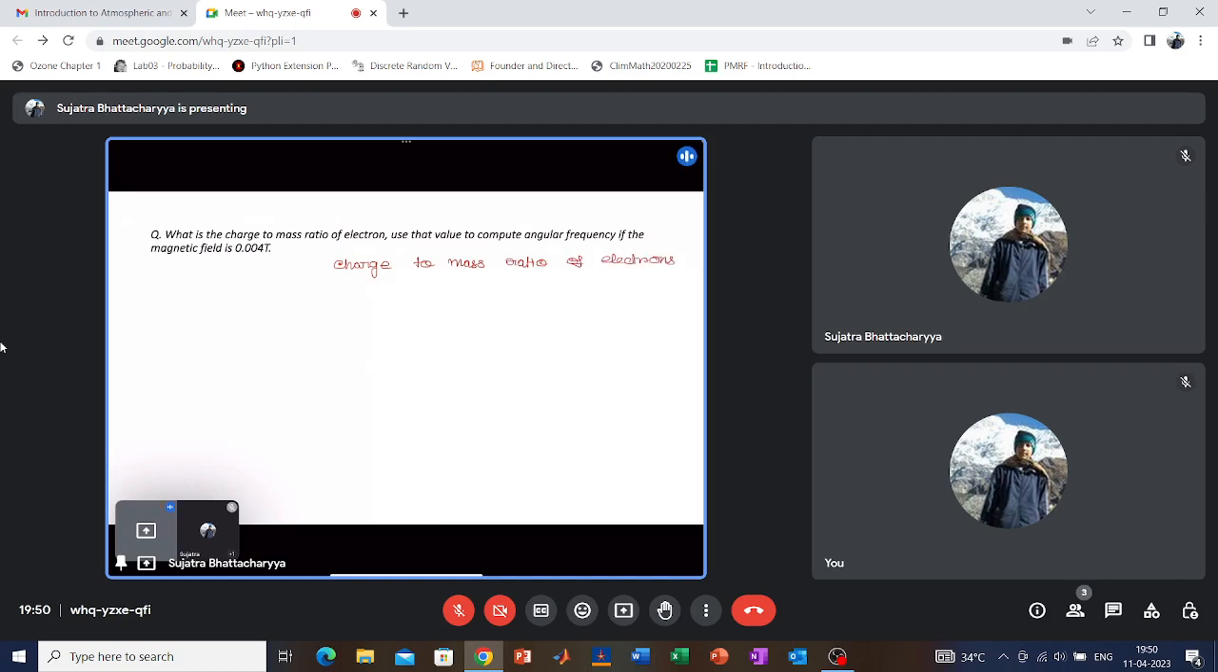Charge to mass ratio of the electron, so it is q_e by m_e. We know that q_e is 1.6 × 10^-19 coulombs, and m_e is 9.11 × 10^-31 kg. So let us write it properly. How much does it come out to? 1.6 divided by 9.11 comes out to be